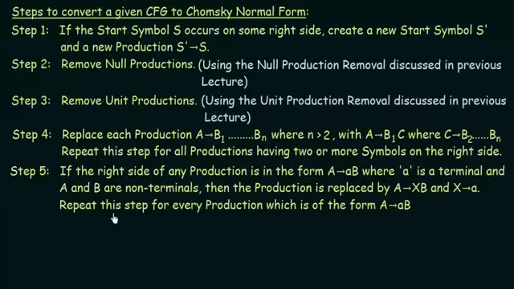When you perform all these steps, step 1 to 5, depending upon the kind of productions that you have, you will obtain the Chomsky normal form of the given context-free grammar. These are the steps you need to follow, and don't worry, even if this is a little confusing now, in the next lecture we will take an example where we will solve a problem converting a given CFG to its equivalent Chomsky normal form. So I hope this was